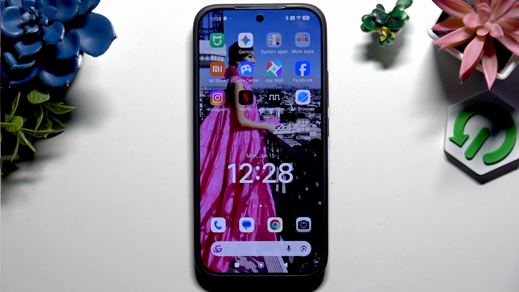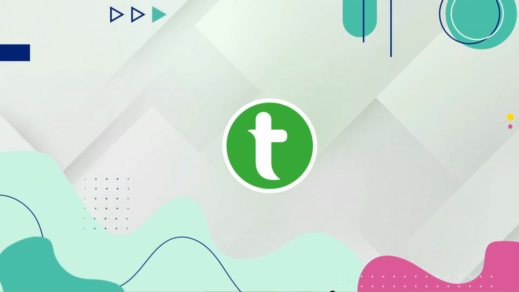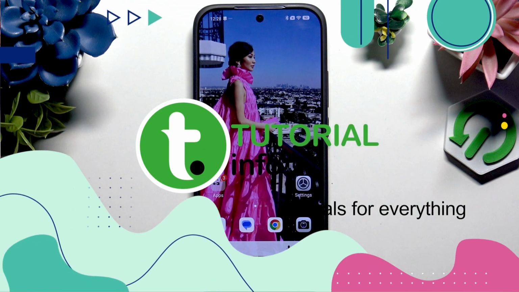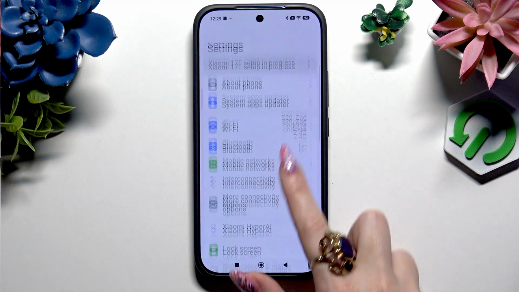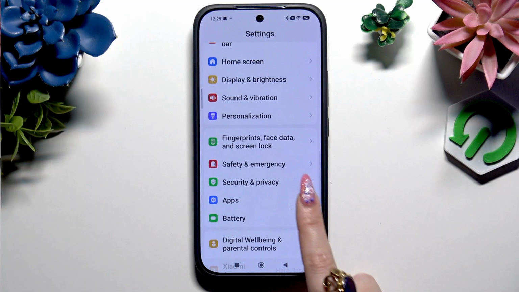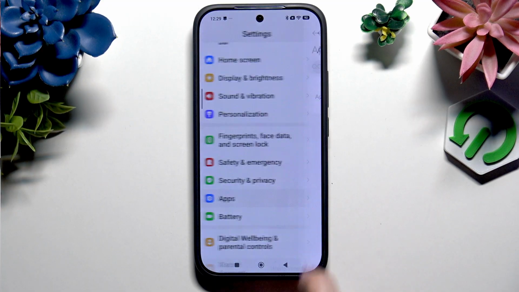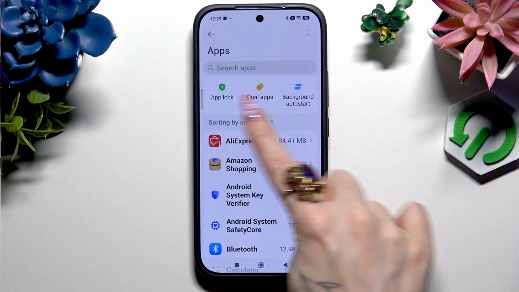In front of me is XIAOMI 17T, and today I would like to show you how you can clone apps. First of all, go into Settings and scroll to click on Apps. Then choose Dual Apps here